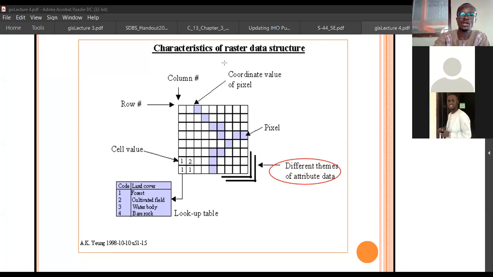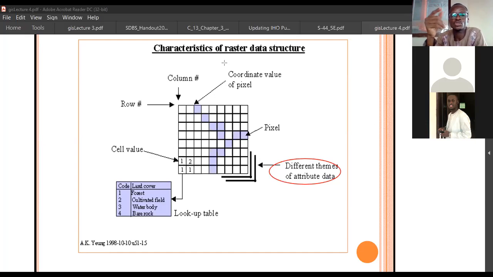Yep, there's a need for a lookup table to tell you what the colors represent. If it's a true color image, if you're just taking a photograph of an area so that we can see the beauty of it and just see it as it is, then in that case, you don't need a lookup table. But there are times where you are trying to do an interpretation, an analysis of the